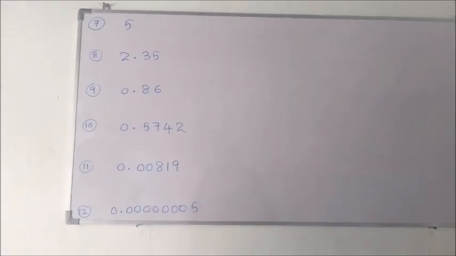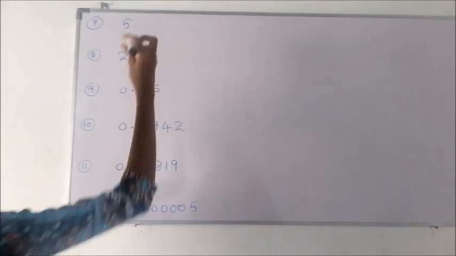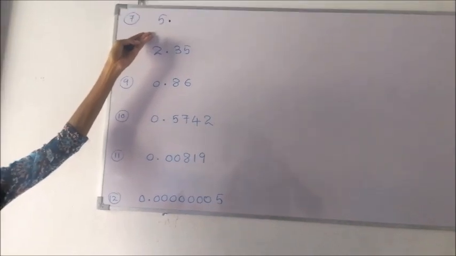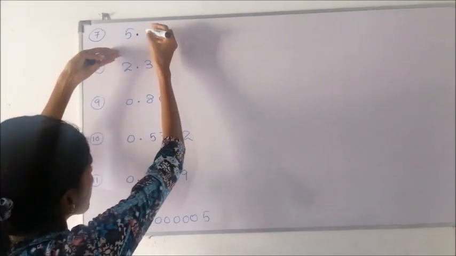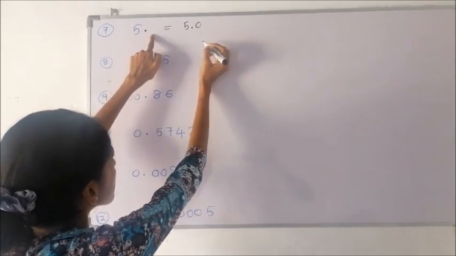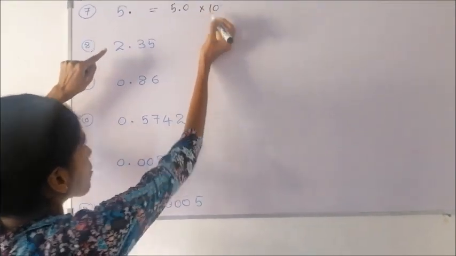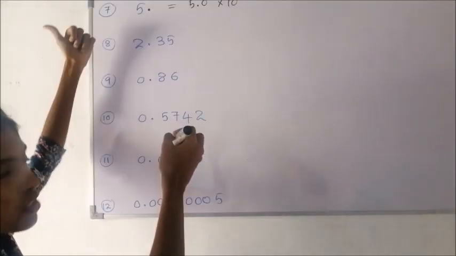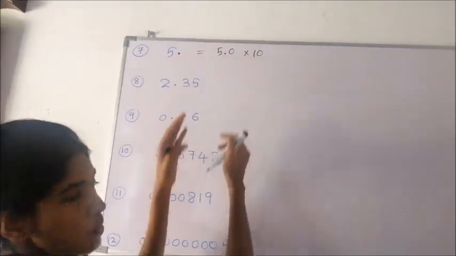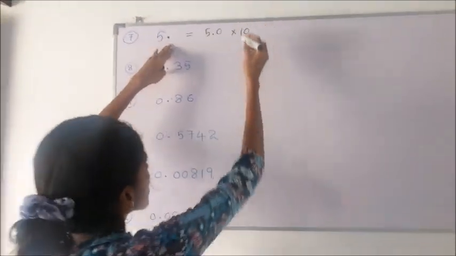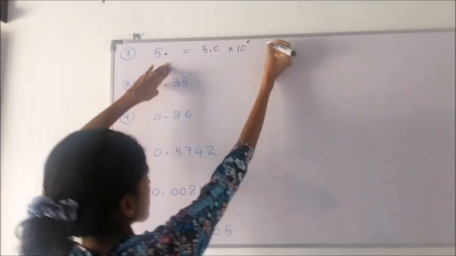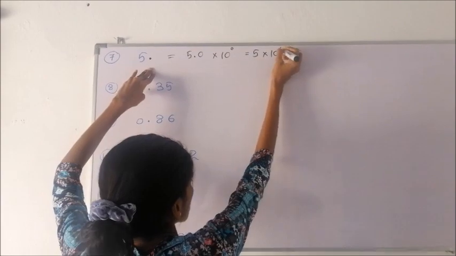Next, just 1 digit can be seen, no decimal point also. We will call the decimal point here. Right, before the decimal point 1 digit is there. It's already in scientific notation, so we can write this like this: 5.0, no any other number. If there is no any other digit, we can place 0. Multiplied by 10 to the power. Did we move the decimal point front? No, we didn't move the decimal point. We just call it only. If it is moving only, we can write 10 to the power something. So we didn't move the decimal point anytime. So we will put 0. 0 times we moved, right? Or else 5 into 10 to the power 0.